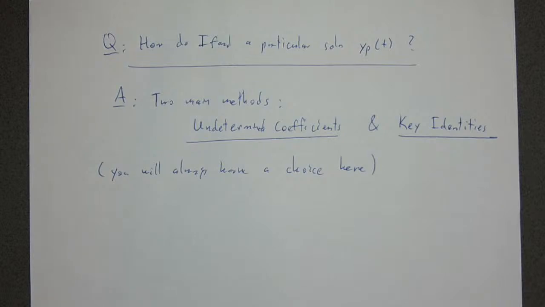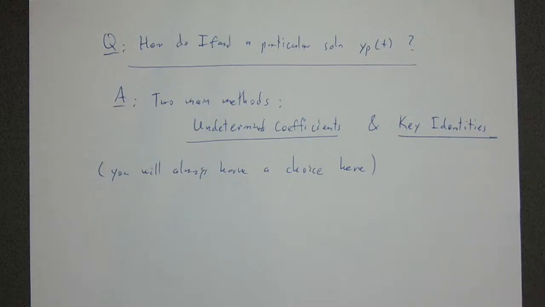The key identity stuff is a little more abstract and less intuitive. But in a lot of ways, if you actually understand what's going on in the key identities case, it's actually simpler than undetermined coefficients. Undetermined coefficients can lead to some computations that are pretty obnoxious and nasty, that key identities makes really simple. You can do it in like 1 or 2 lines. But it does have the downside, like I said, of being maybe a little bit hard to get into,